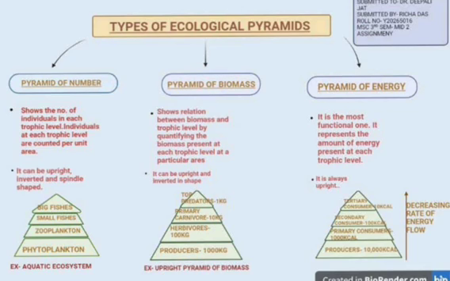It shows the relationship between producers and consumers at successive levels in terms of their number. In most cases, the pyramid of number is upright. The shape of the pyramid of number may vary from one ecosystem to another. For example, in grassland and aquatic ecosystems, the pyramid of number is upright,